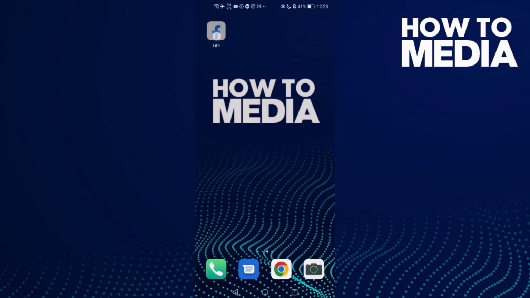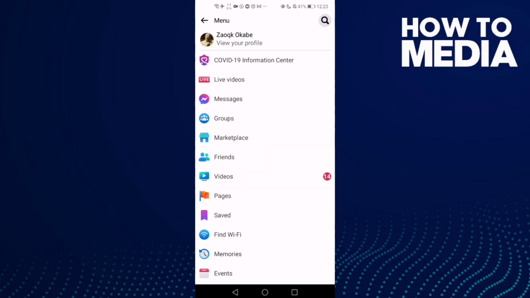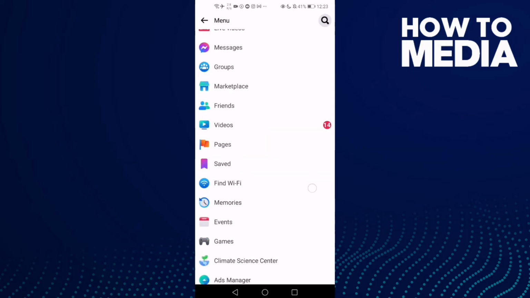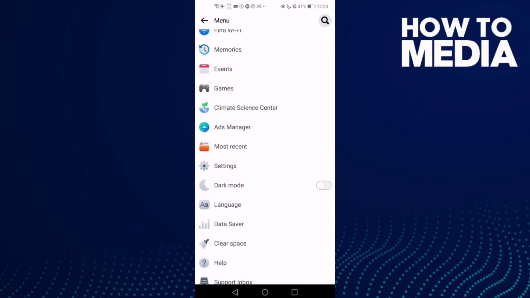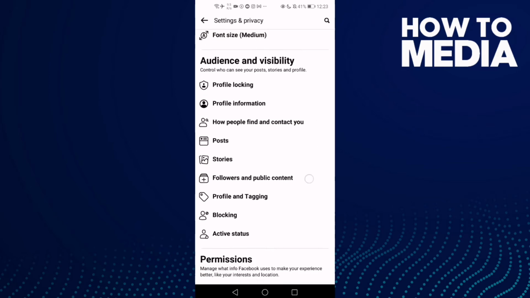First thing, go to Facebook Lite and now just click these three lines here in the top corner, and after you click on it just go down. Here you will find settings, click on it and then just